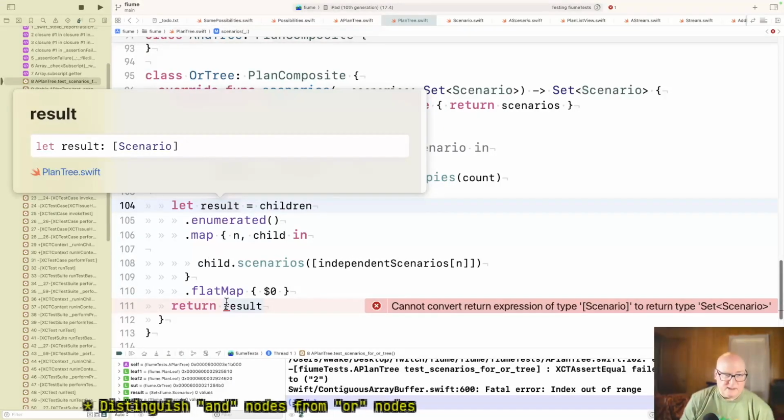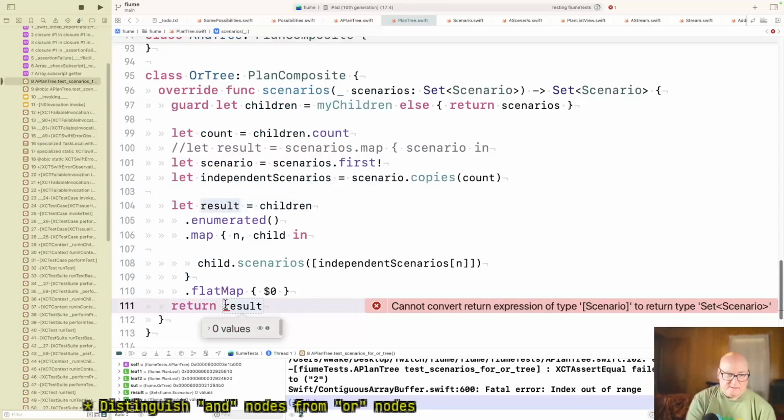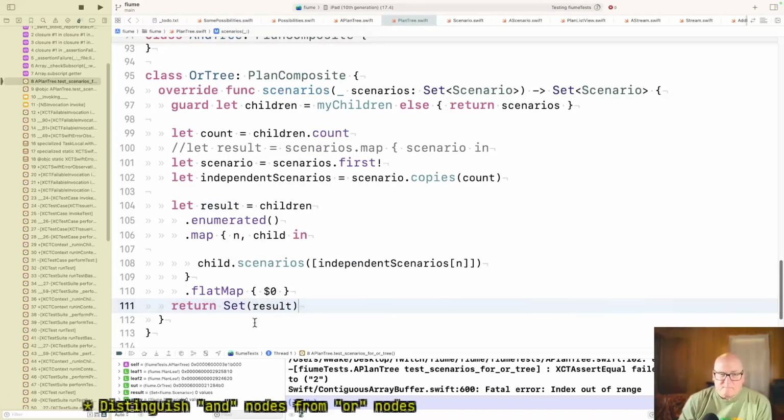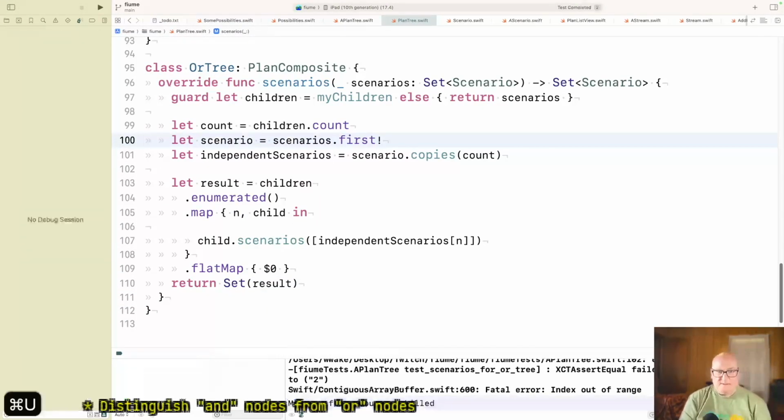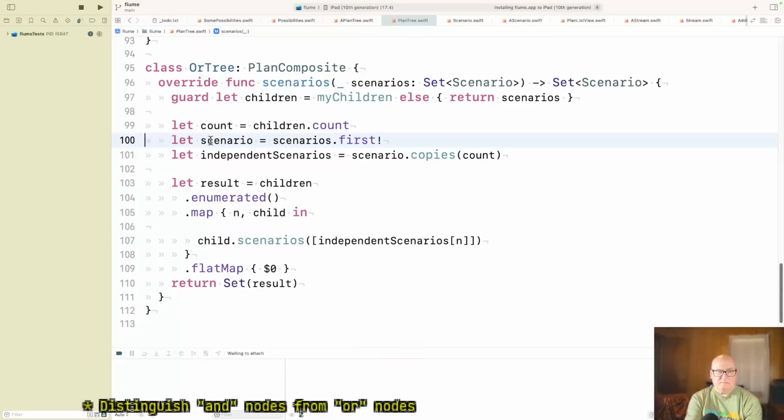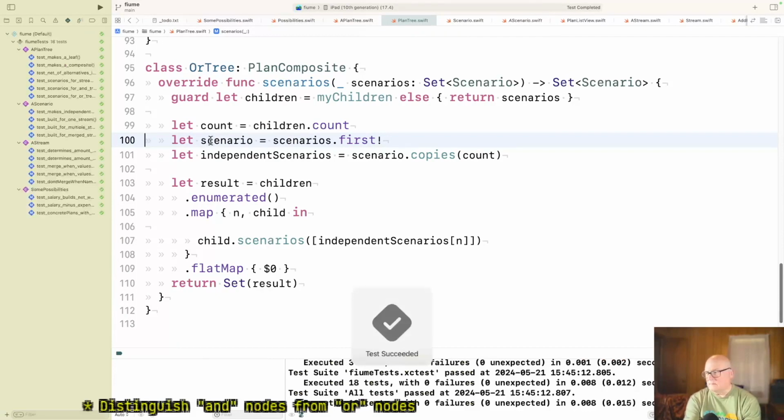Or do I just have to make it a set? No, but I don't think it matters.